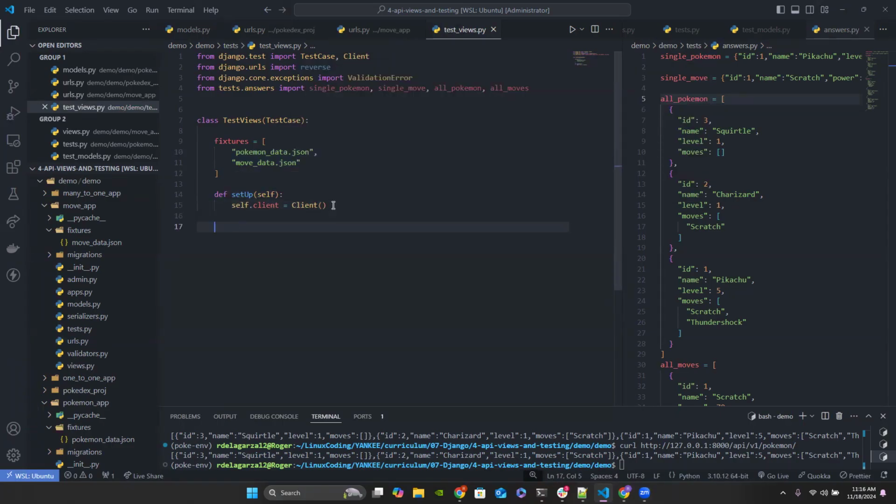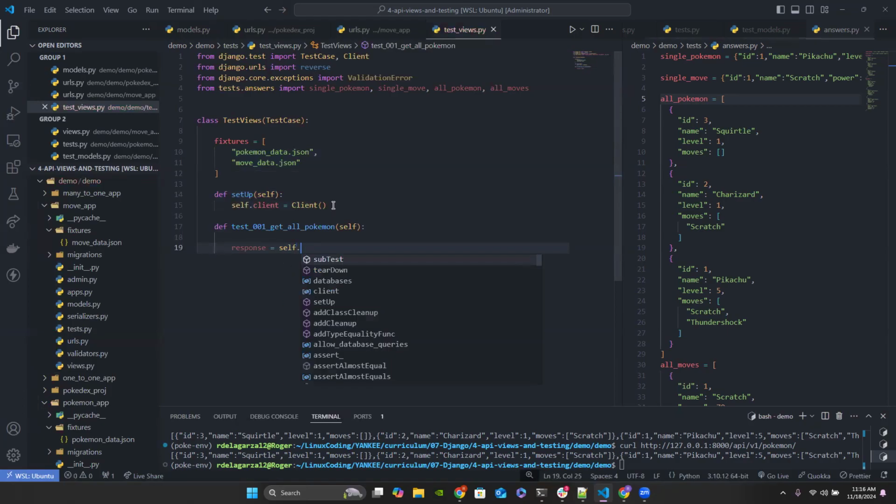Now we have all the setup we need. We can create the test. We're going to say def test_001_get_all_pokemon, taking self. And we are going to create a response variable. And this response variable is going to use our client and create a GET request. So we do self.client is equal to, I apologize, not equal to,